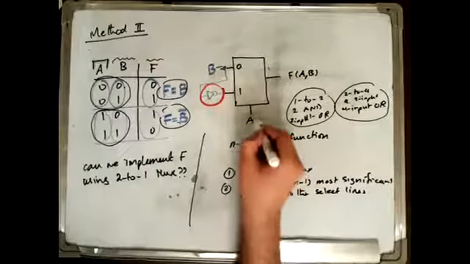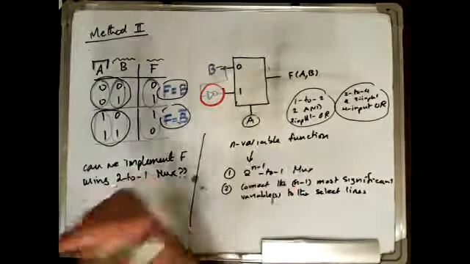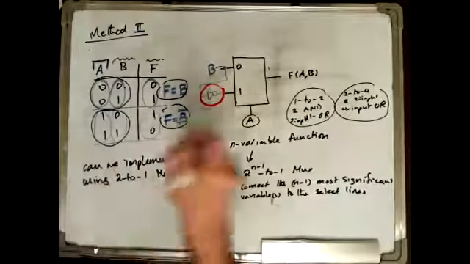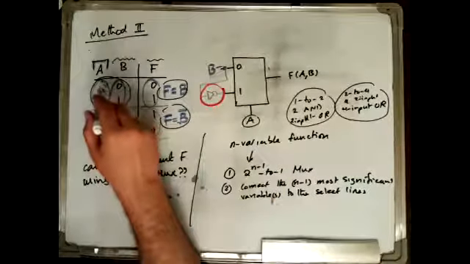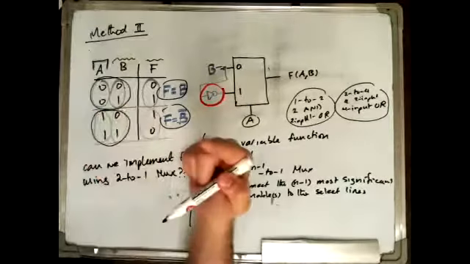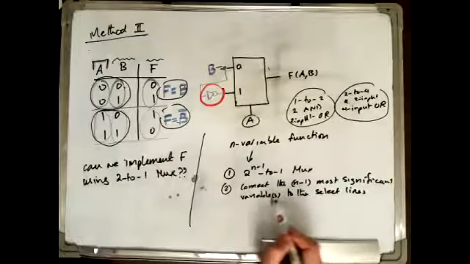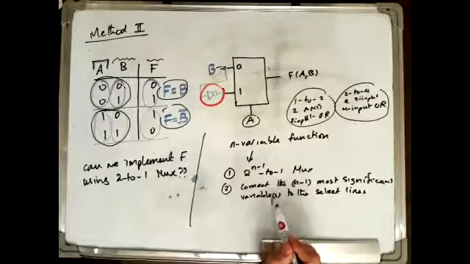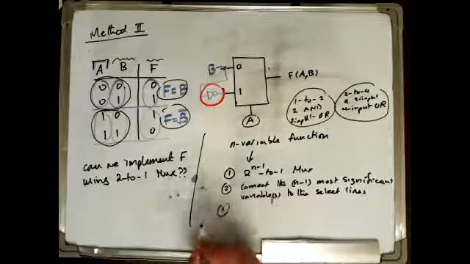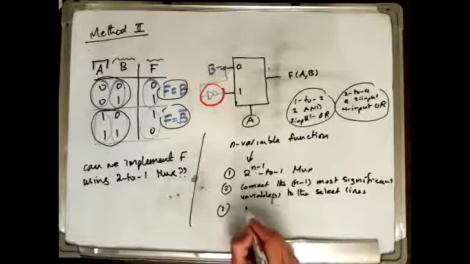That's what we did here. We have only one variable here because we split the table into 2 sections, so we need one variable. However, as we will see in the coming example, we may need to split the table into more than 2 sections, depending on the size of the function and the size of the multiplexer. And the last step basically is